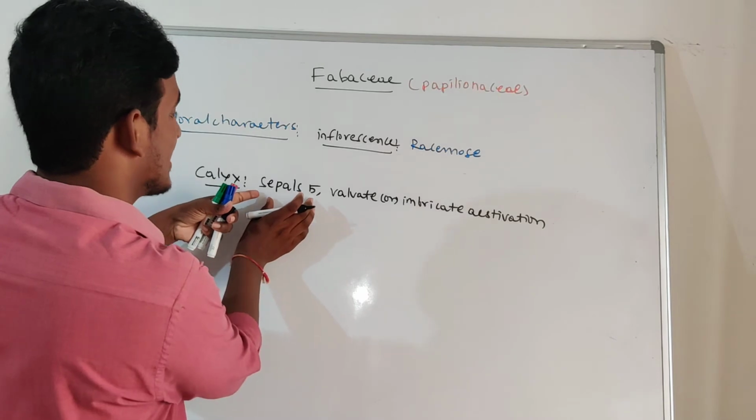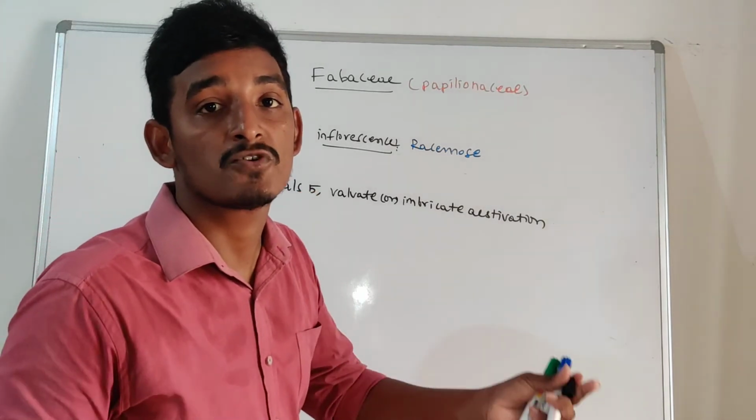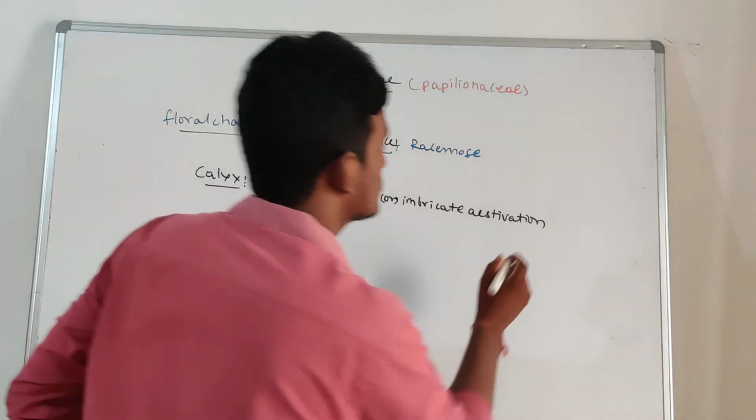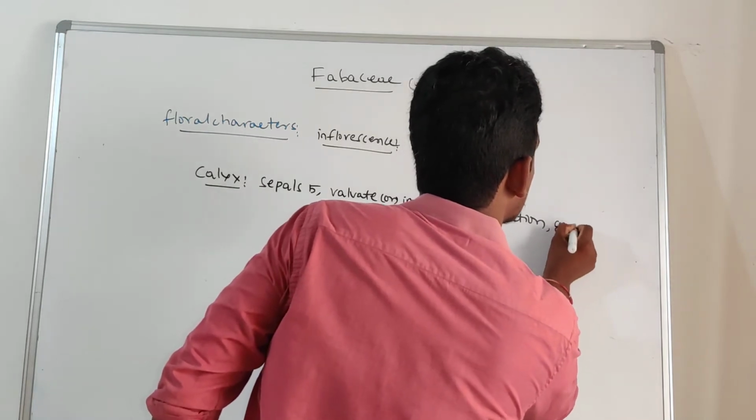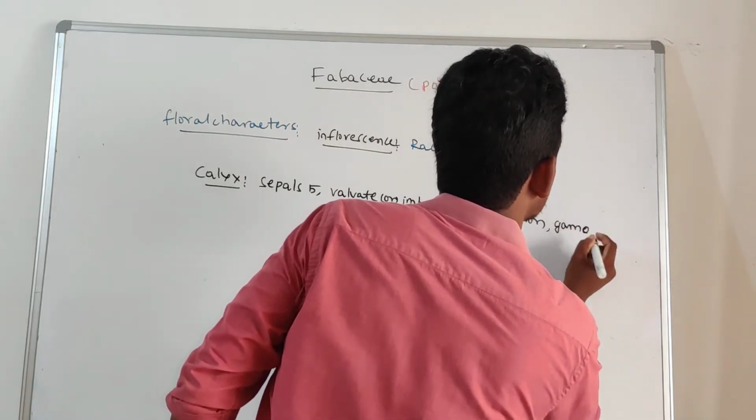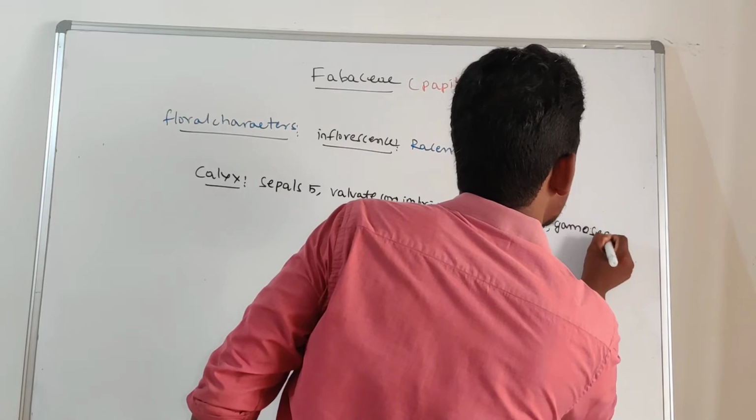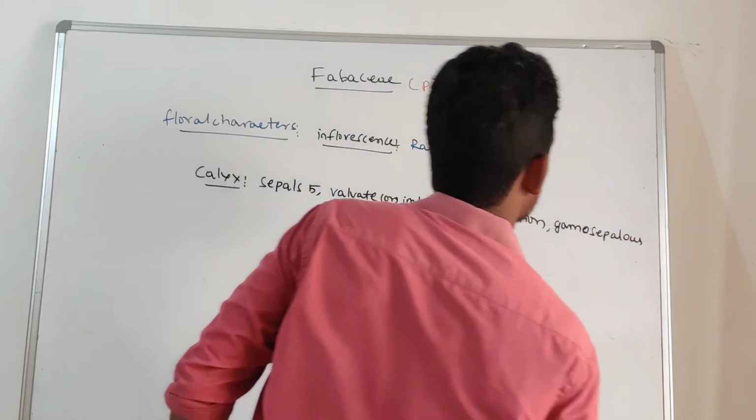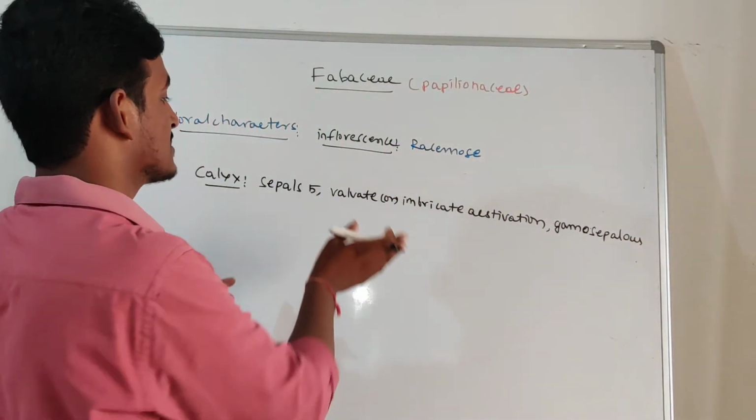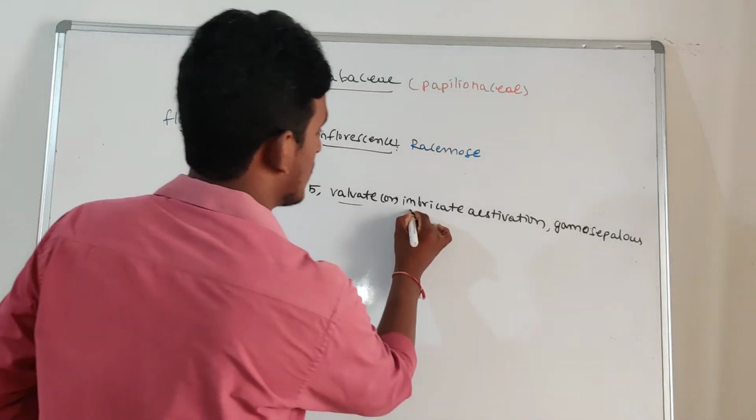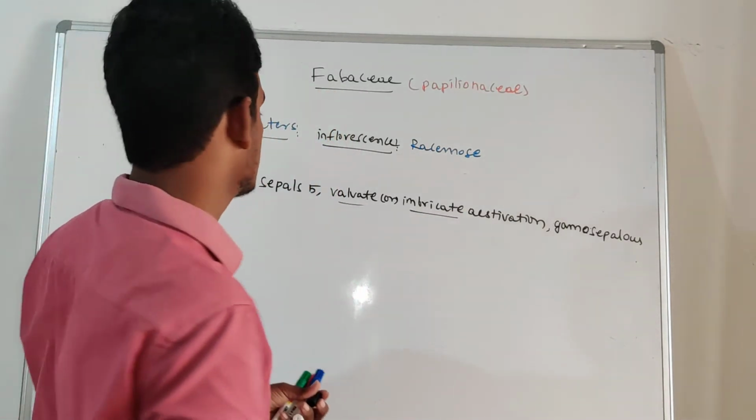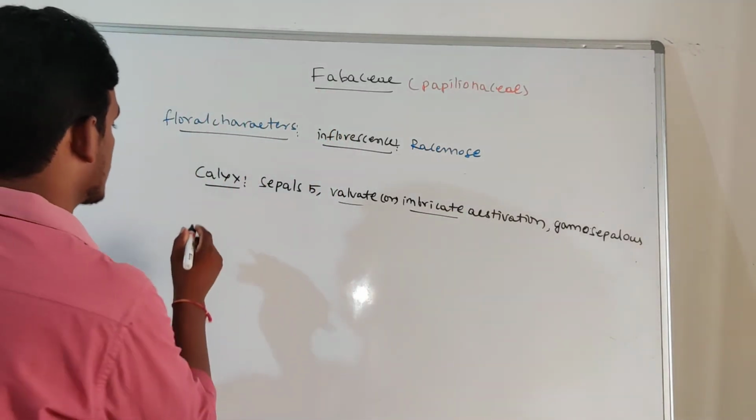Here these sepals are gamosepalous, which means the sepals are united. If they are separated, we call it polysepalous. So here the gamosepalous sepals are united, and they will show valvate or imbricate estivation. Later about the